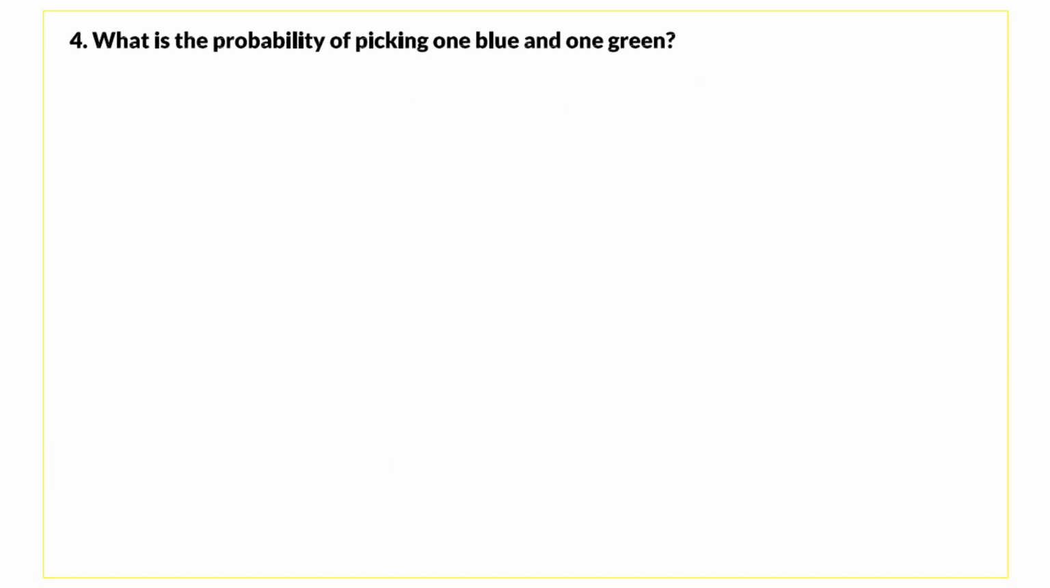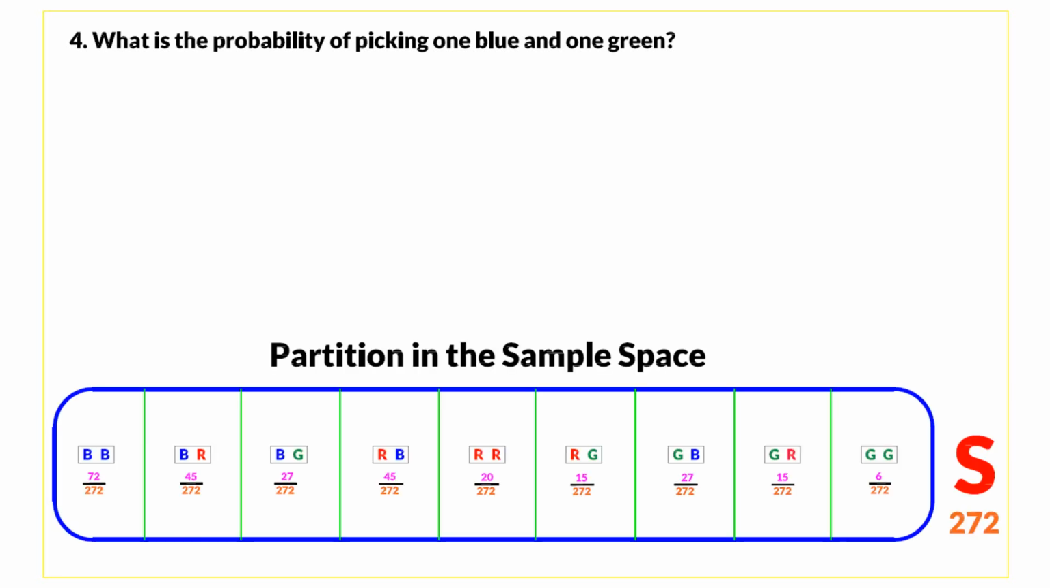Question number 4. What is the probability of picking one blue and one green? So back to the sample space, we may pick first blue and second green, or first green and second blue. So the probability of picking one blue and one green is equal to the sum of probabilities of these two disjoint events. So we add them together